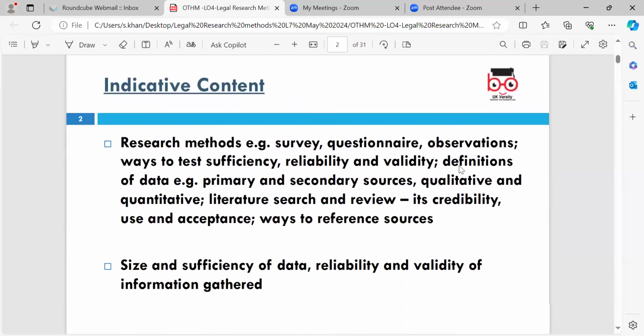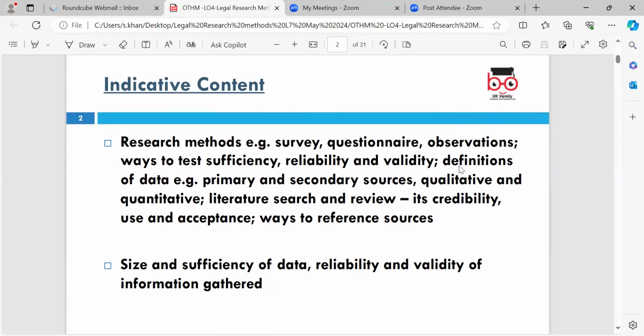So the indicative content, so research methods could be things like surveys, questionnaires, observation, and it's literally a way to test sufficiency, reliability, and validity, and that's a really important aspect of any sort of research. You know, to make sure it's reliable, it's valid, and it's not something that's been added onto. And the source that you get is reliable, and we'll look a little bit more at the reliability of sources